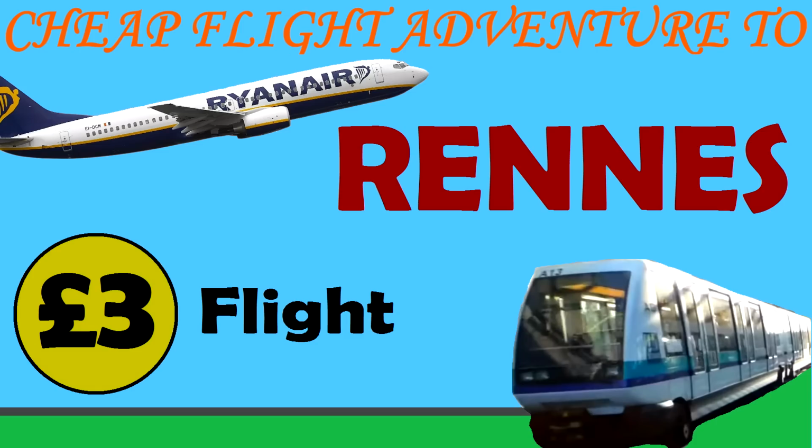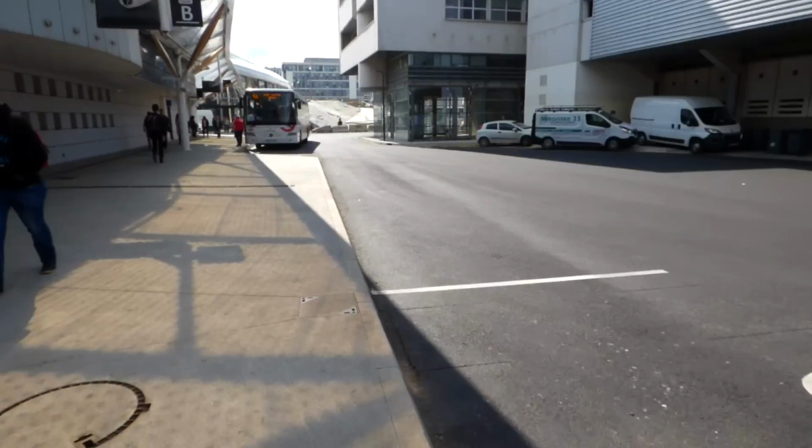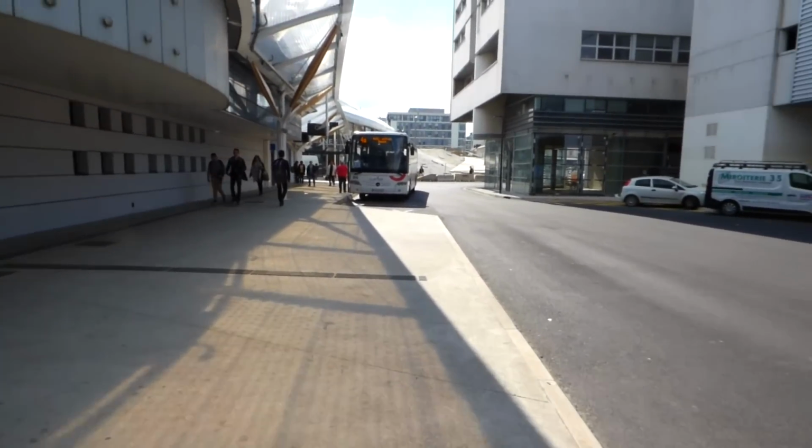This is G-Fly Adventure to Rennes in France. So here I am at the train station, and along we go to the first lift, which is a Schindler